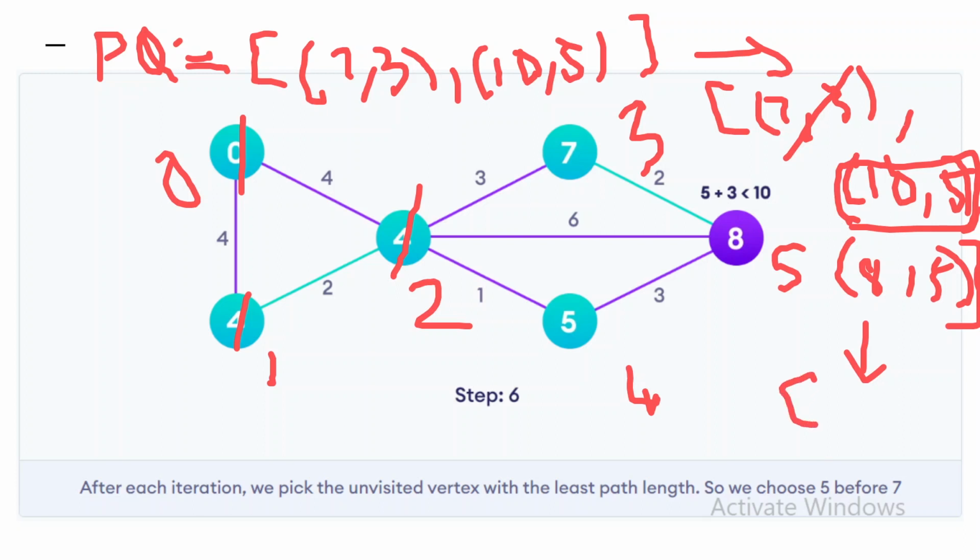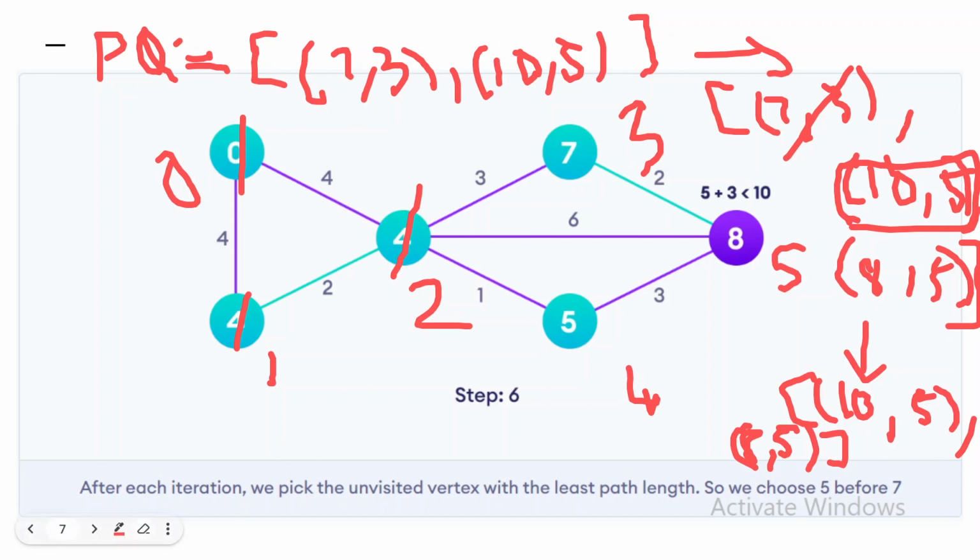Let me put this. Now you have 10 comma 5 and 8 comma 5 in your priority queue, and you'll try to update the last one. You can't update it because obviously,